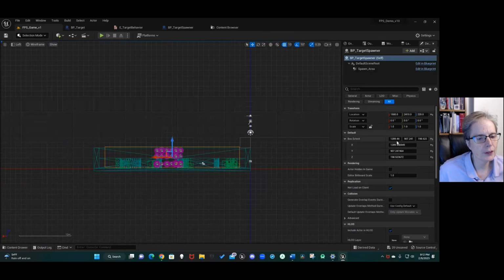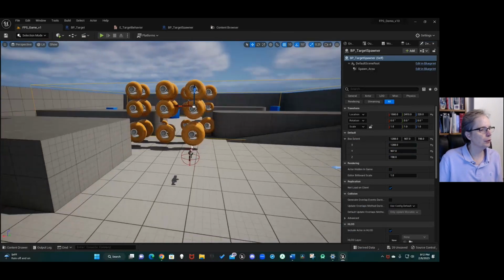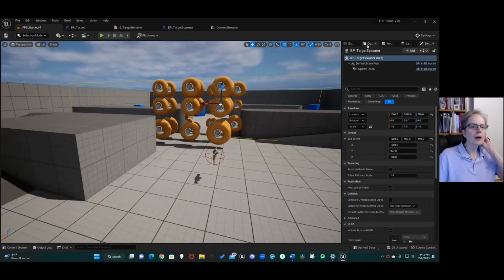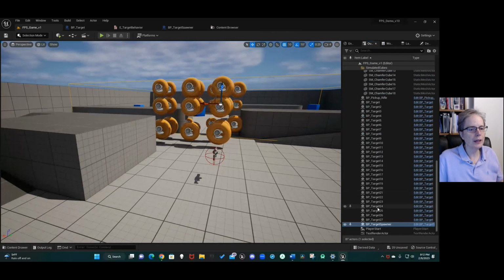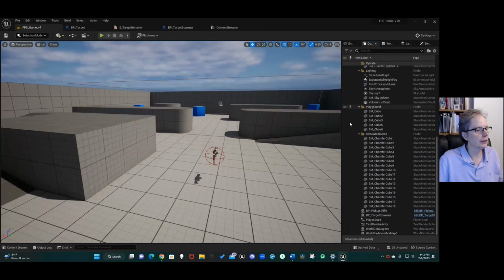And so, there's all these points. So I'm just going to round it up to, or maybe round it down, 1288, 907, 198. And so now it'll be much easier working with whole numbers. And so now I'll go back to my perspective. In my outline, I'm going to get rid of all my targets at this point,